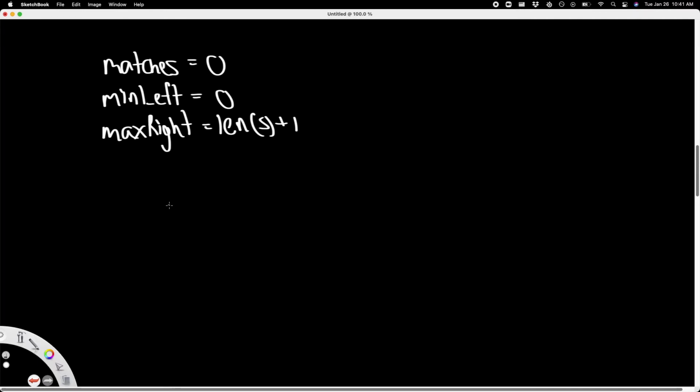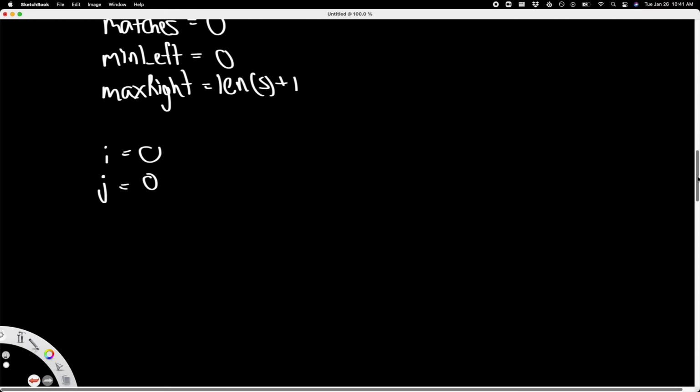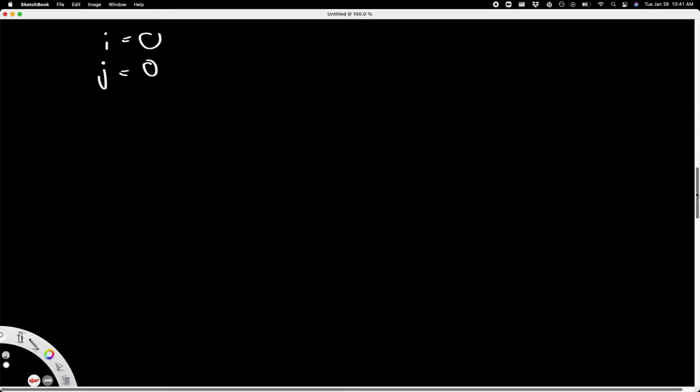Now we want to initialize our 2 pointers. I'm just going to call these 2 pointers i is equal to 0, and j is equal to 0. So i is basically our left and j is our right. And now we want to get into iterating our S string. We do that with a while loop. So while i is less than the length of S,